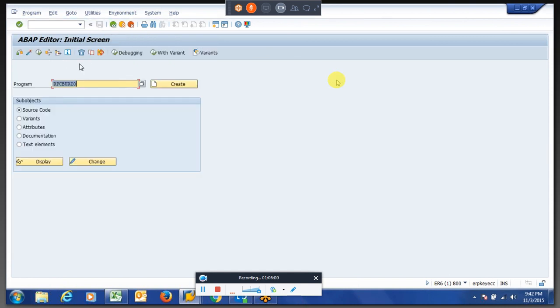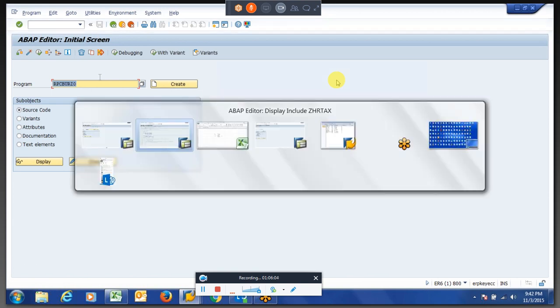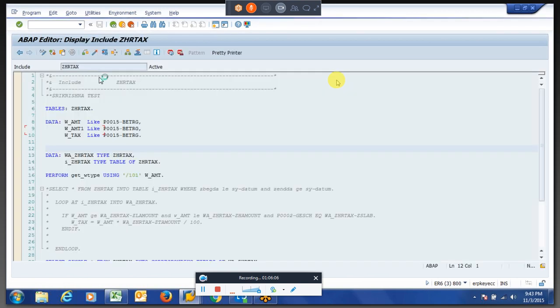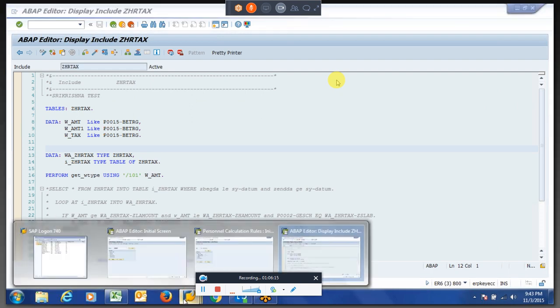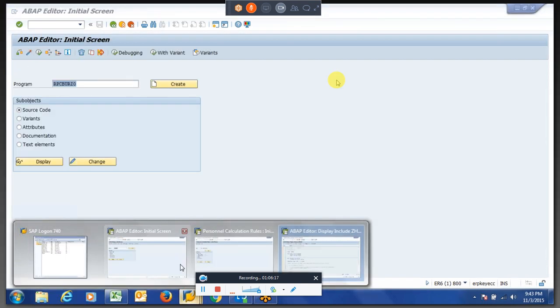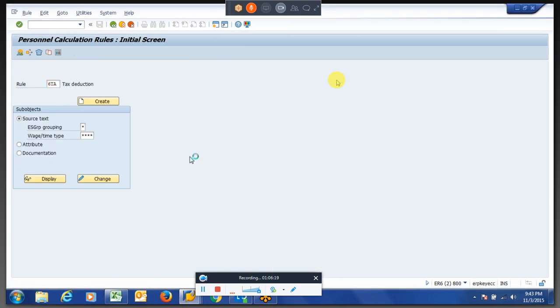So if you come back and see the error which we were getting in the dump, it should not come now.